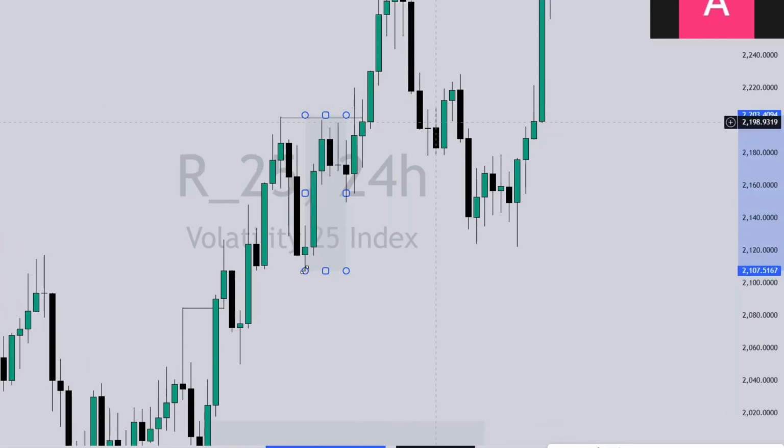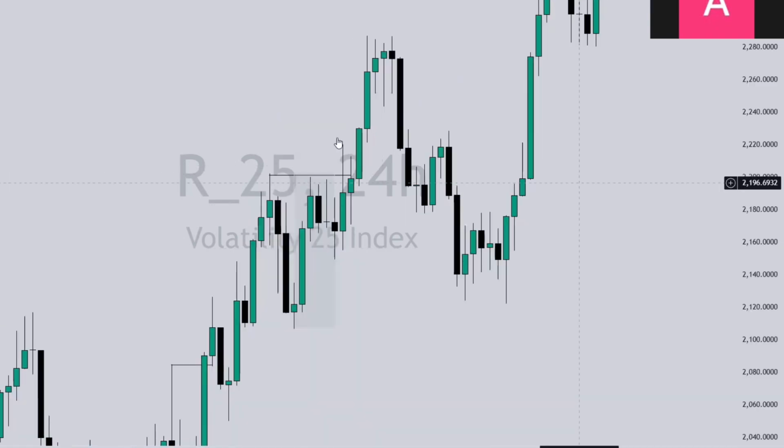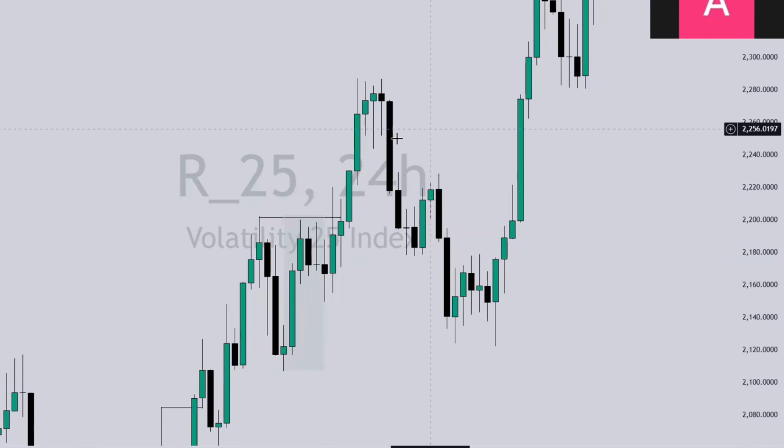When we have a break of structure, where is the low? This was the last low, and this was where we had a break of structure. So this is our range. We can look out for our sponsored candle for this range. Then the third one is our breaker. Yes, that is our breaker